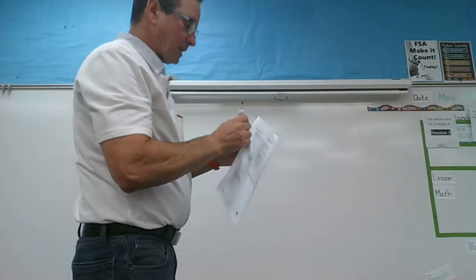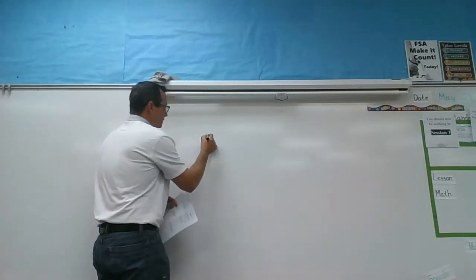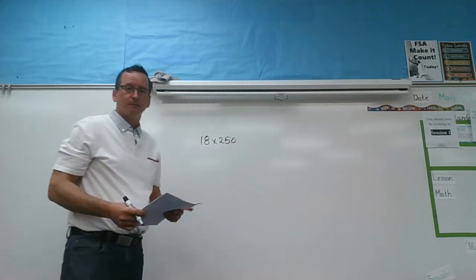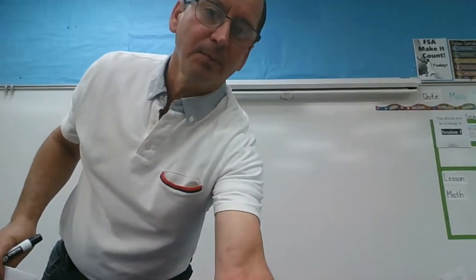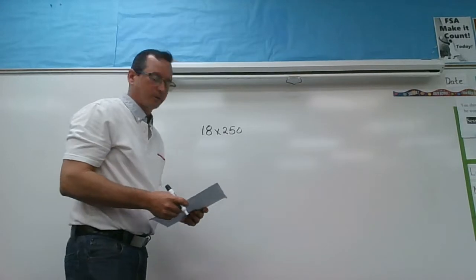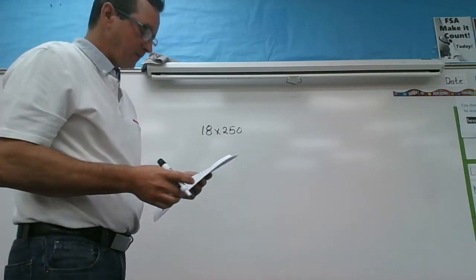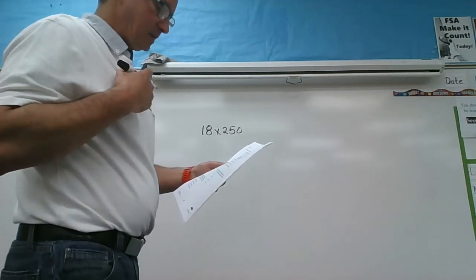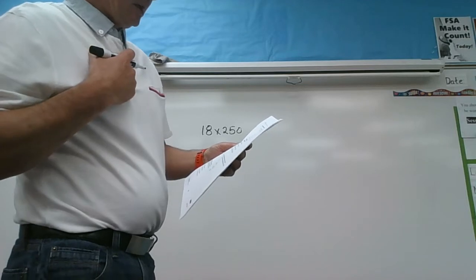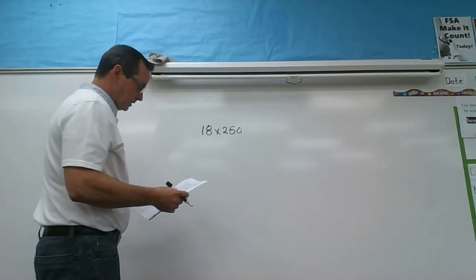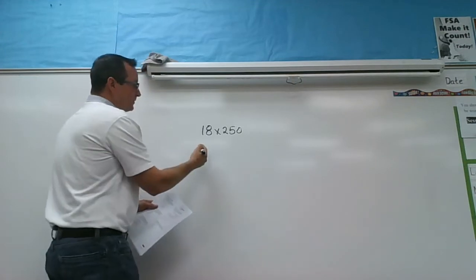So we take a look at 18 times 250. And let me bring the camera up a little bit. There we go. All right, so let's take a look at the strategy. First, we're going to look at the answers. We have 9 times 2 times 250, 4 times 4 times 380, 18 times 0 times 380, and 9 times 2 times 380. All right, so first thing we have to look at is that we notice that the factors of